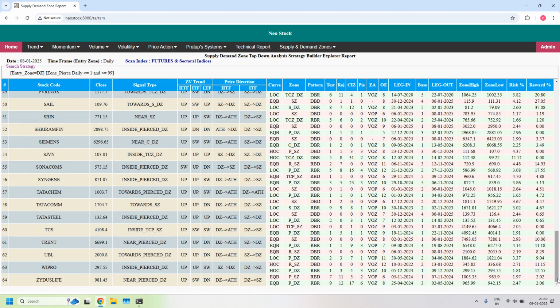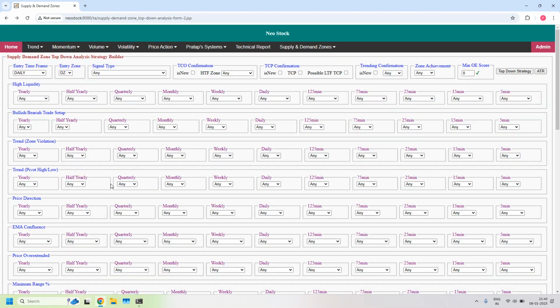So total 64 pierced daily demand zones we have identified. Out of these 64 demand zones, how many are having a daily EMA Confluence? Let's verify. In the EMA Confluence, daily time frame,